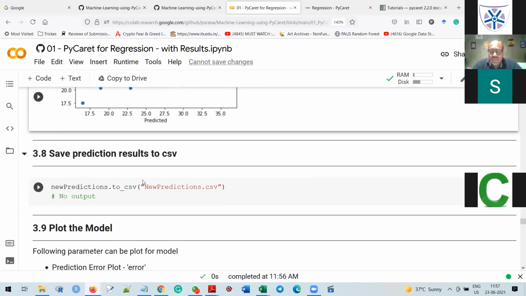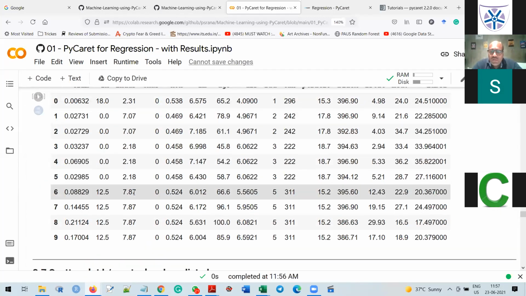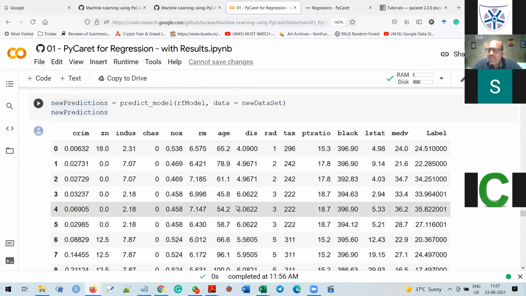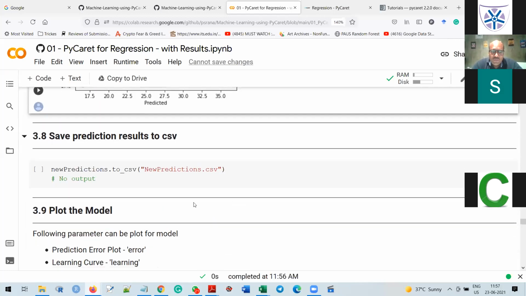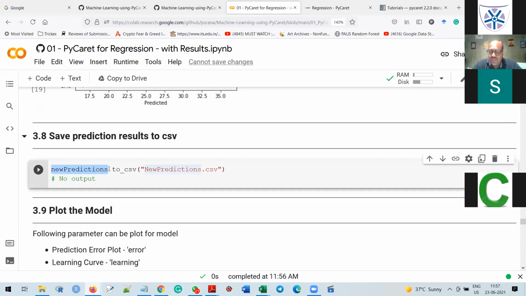Next, if you want to save this particular result in any CSV file, this is a very simple way. Just new_predictions.to_csv, and this is the file name. It automatically saves the complete table to a file.